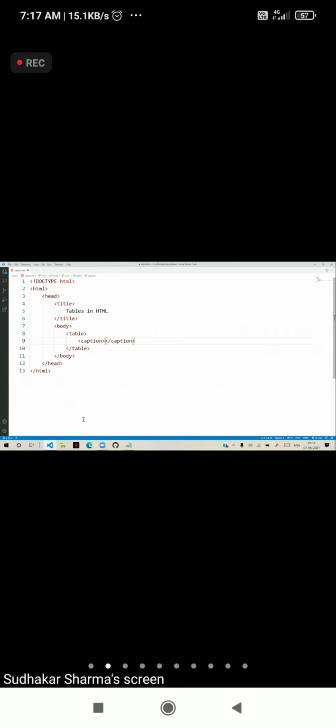and use those captions for finding your table in the websites. So the caption is defined. Suppose I am giving a products table. So that is the caption.